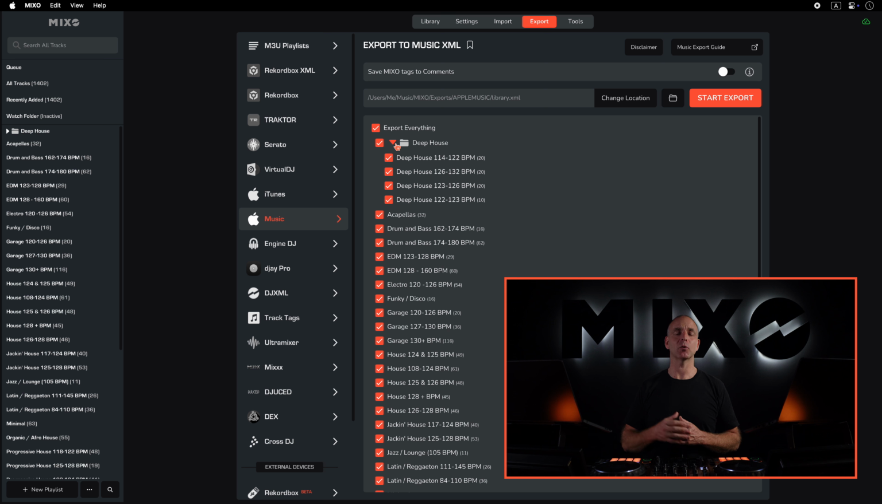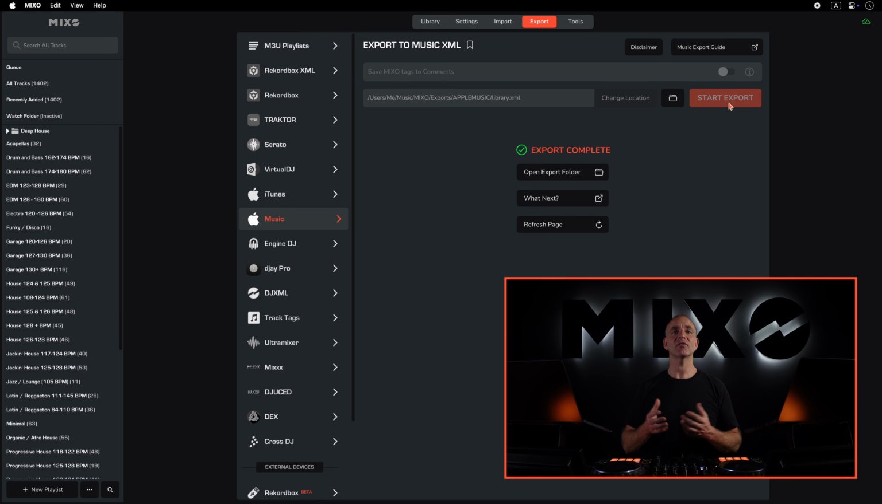At the top of the export page, we can tick the option to save Mixo tags to comments, which will overwrite the comments field on each track with the tags that have been added in Mixo, if you like. Once we're ready and we've chosen the playlist to move to Apple Music, simply click Start Export. Once the export is finished, Mixo will confirm the export is complete, and from here we can head over to